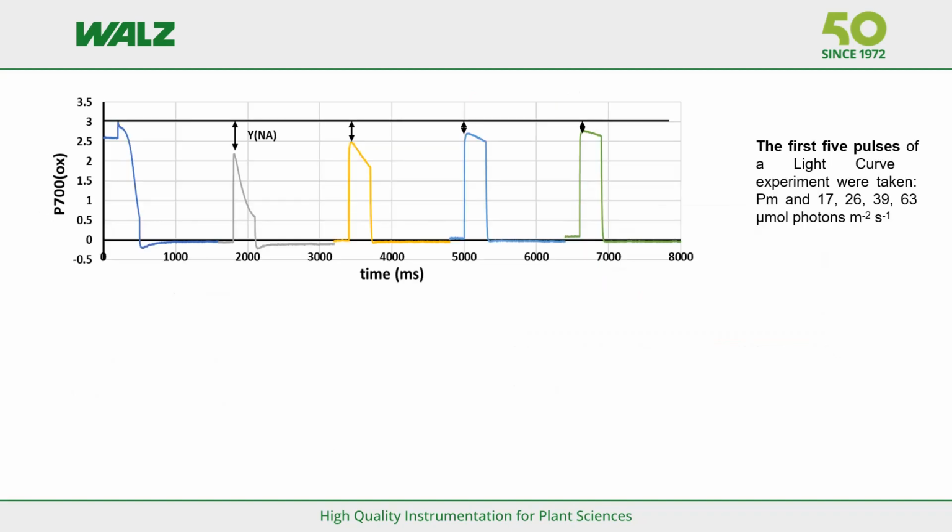The next parameter is YNA. To explain the determination of this parameter, first the P700 kinetics of the first 5 saturation pulses of a light curve are shown. With the PM pulse, the maximum oxidation is reached, value approximately 3. Then the pulses of the lowest 4 light intensities are shown. At the lowest light intensity, the P700 signal stays quite far away from full oxidation, and in the subsequent pulses,